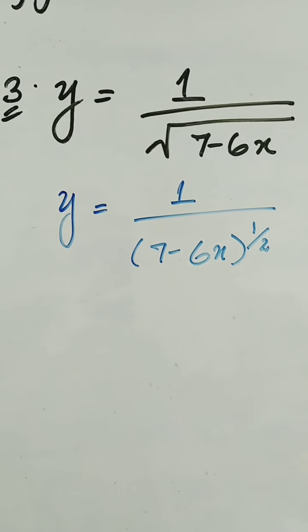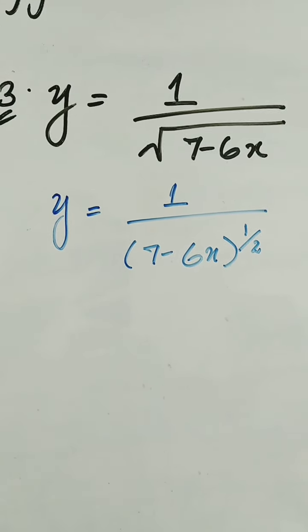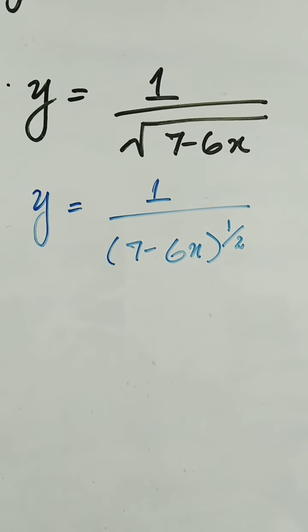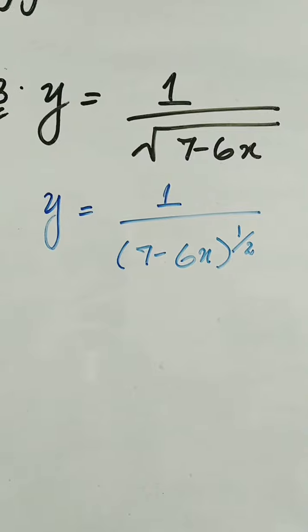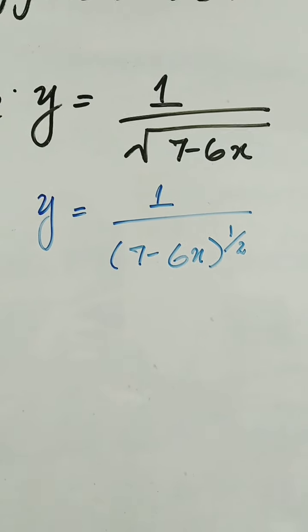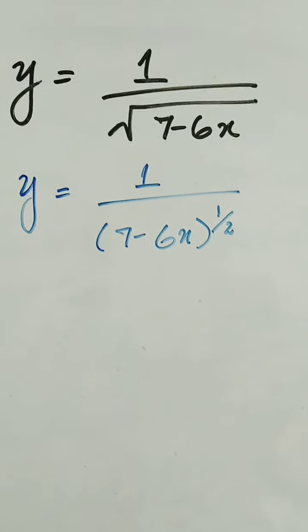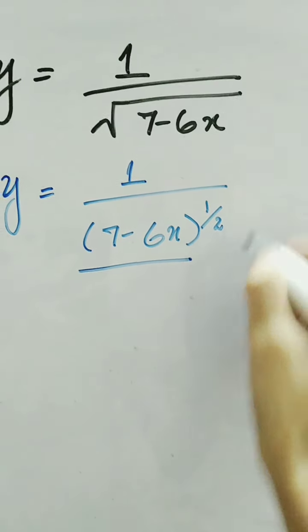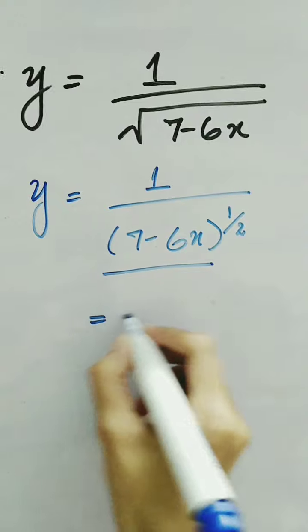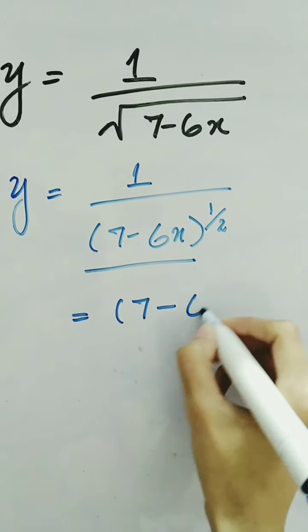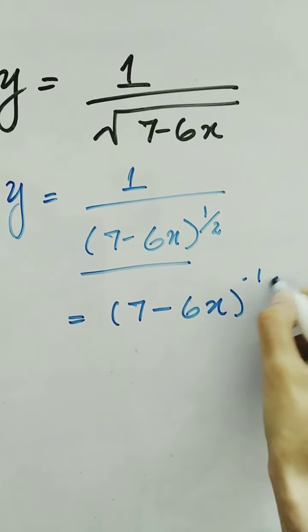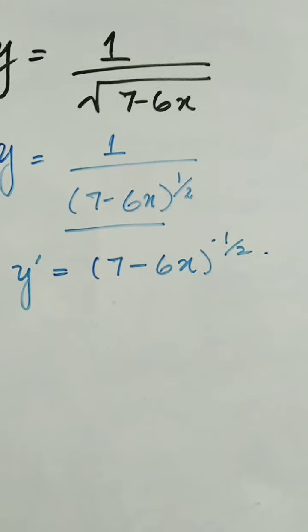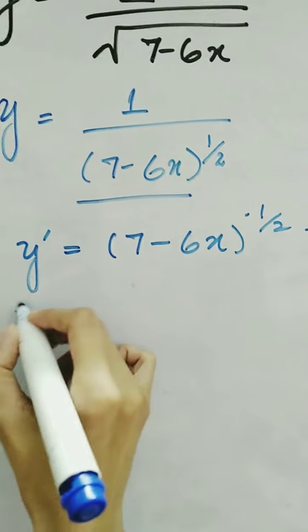Now we have another function, 1 over root of 7 minus 6x. As we know that the square root is the power 1 over 2, we write 1 over (7 minus 6x) to the power half. In order to take the derivative of this function, we take it into the numerator, and it becomes (7 minus 6x) to the power minus half. Now we are going to differentiate this function. So first of all,